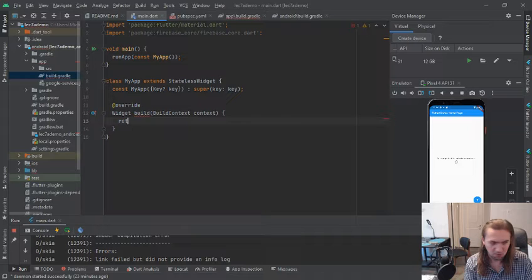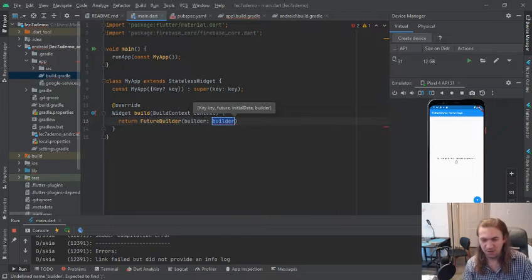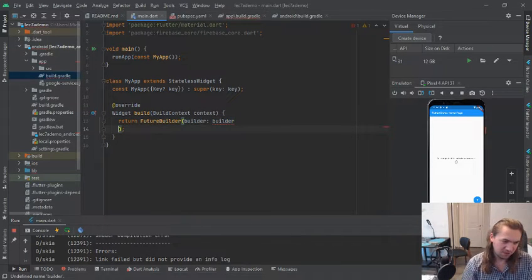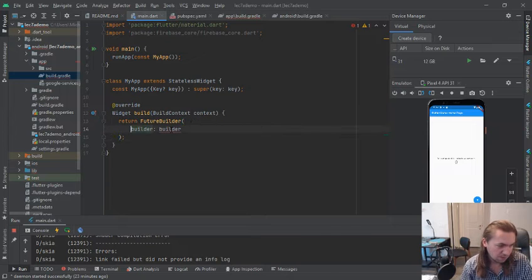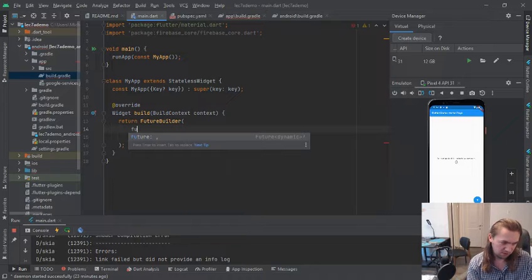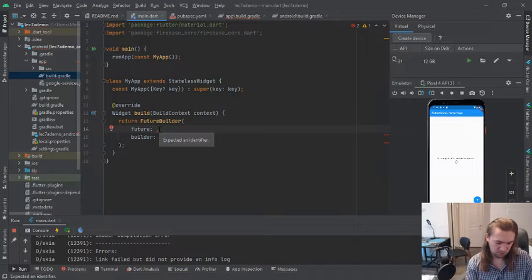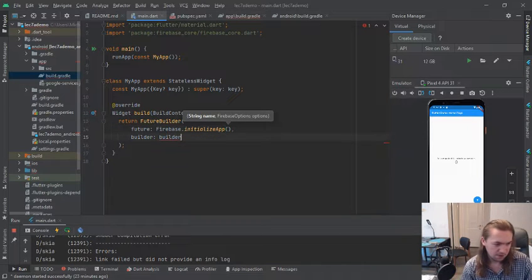Firebase. So we're going to return a widget called a FutureBuilder. The reason we're doing this is, as you might imagine, connecting to the cloud is not instantaneous. So we have to consider that it might take us some time to get everything we need. Before builder, I am going to have a parameter called future, and this is where we try to initialize Firebase. So Firebase.initializeApp. And then our builder here is going to take a context and snapshot